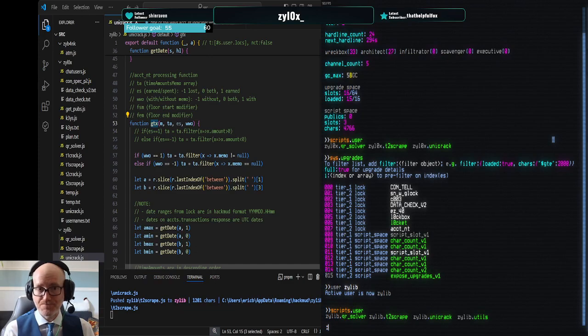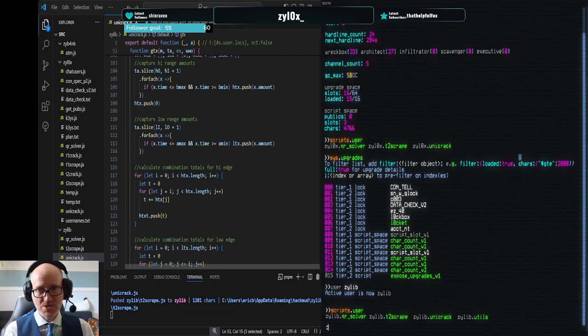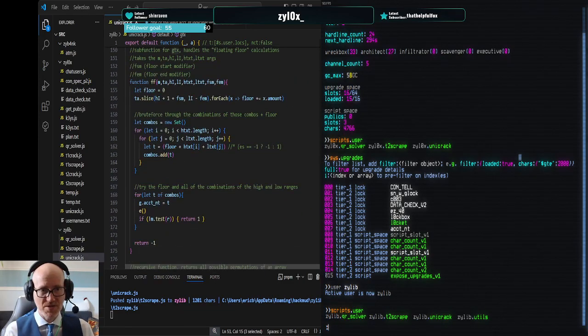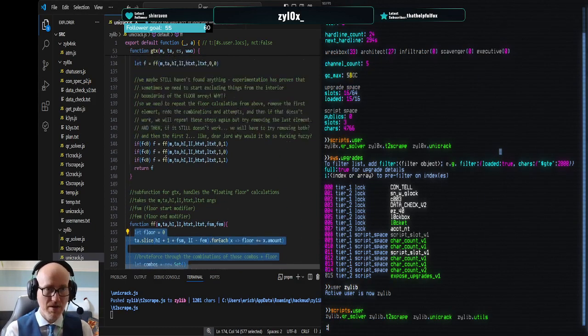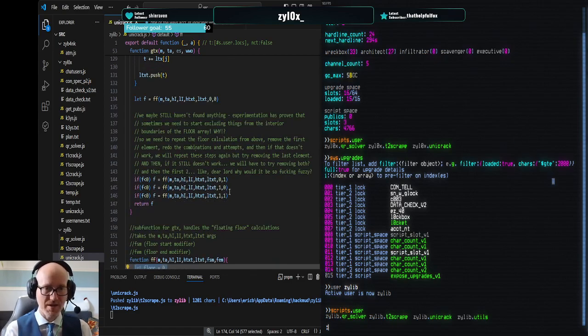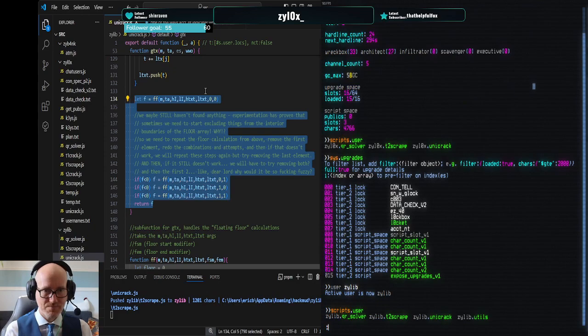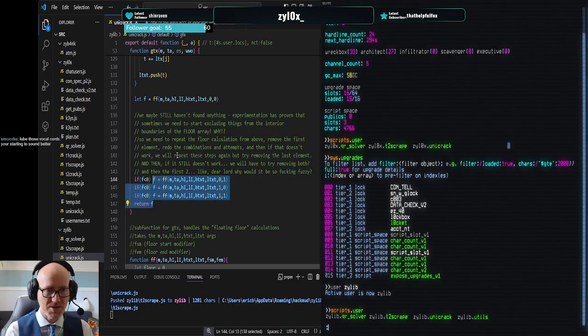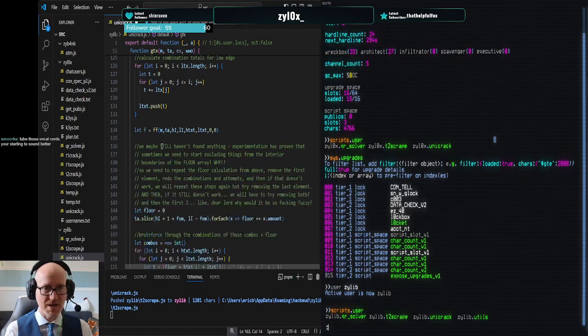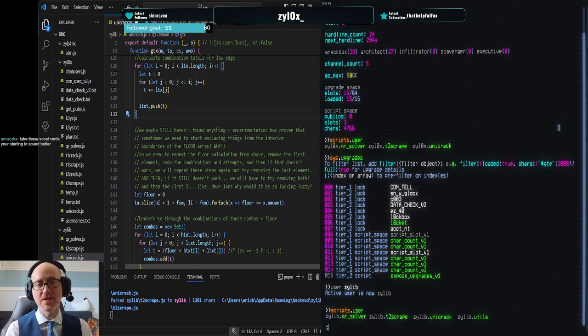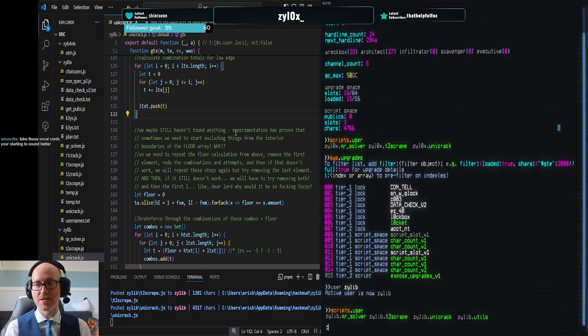So I have to clean this up. One of the things I have to do is move this floor stuff back in, because that wasn't actually part of the problem. This was kind of a red herring, in a way. So I'm going to put this back here, because instead of repeatedly calling the floor calculation, I have to repeatedly call